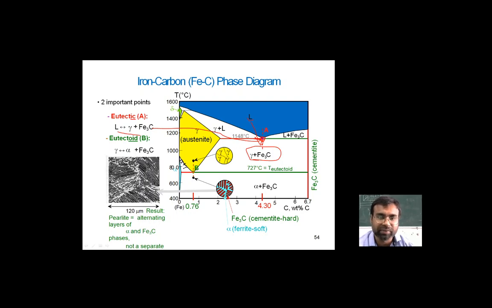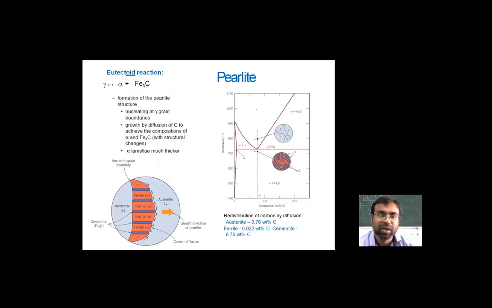And when we talk about the eutectoid at point B, the pure solid is transformed into two solids, alpha plus cementite, and that transformation takes place over here. That is how we can identify the transformations happening inside the material. Now we are going to talk about the micro constituents of the various reactions.